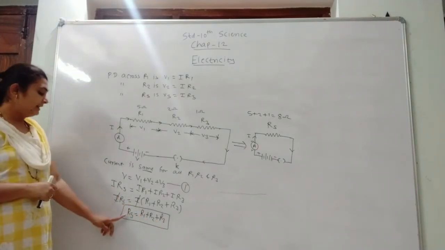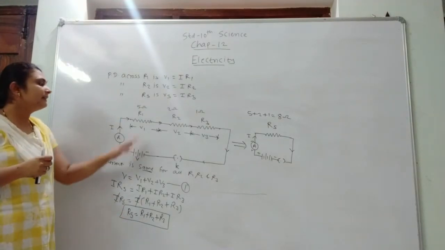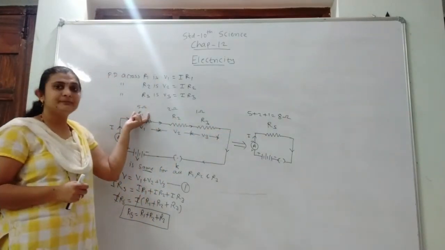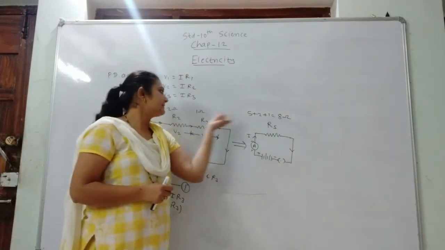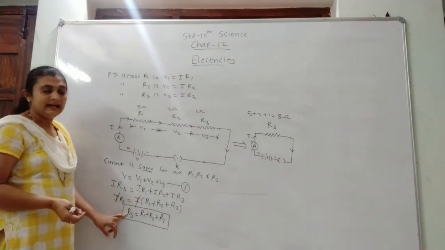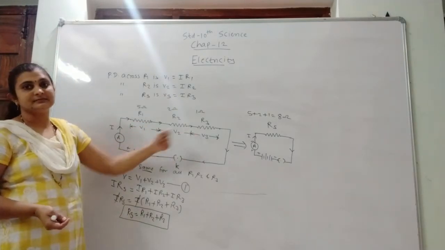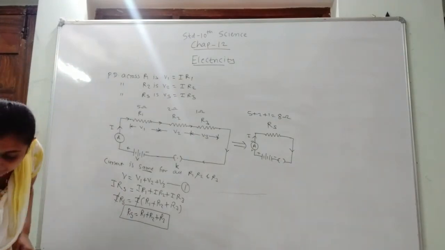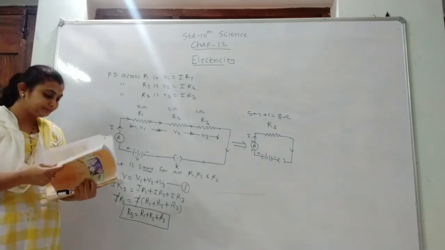And here the value of RS is always greater than the single resistance. Means see, 8 is greater than 5, 8 is greater than 2 and 8 is greater than 1. Means equivalent resistance is always greater as compared to the single resistance. Correct? Here we completed the topic. Now we see an example on this topic.